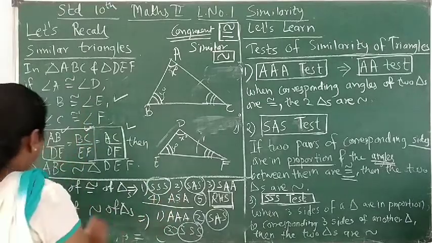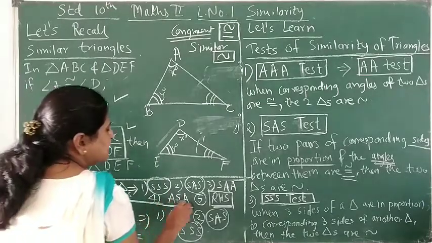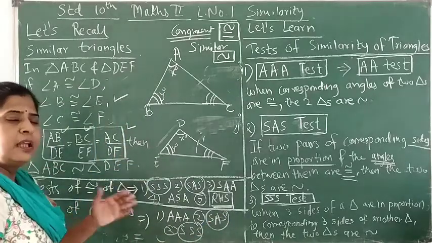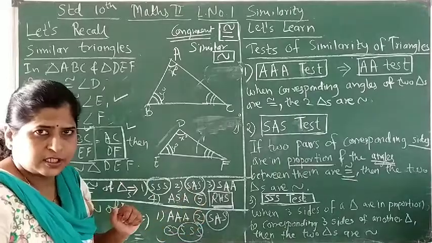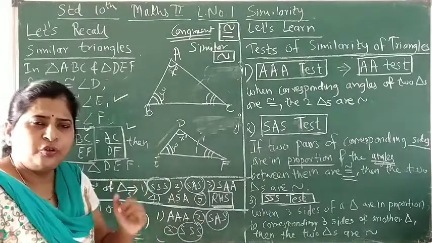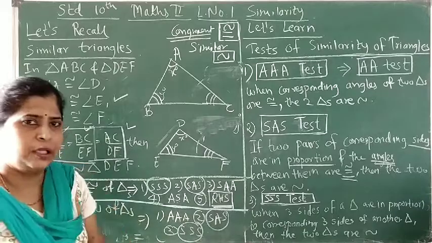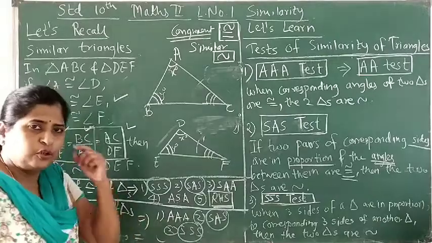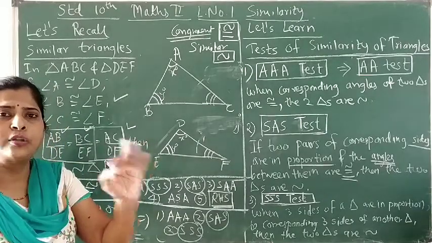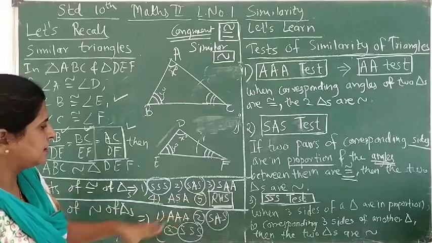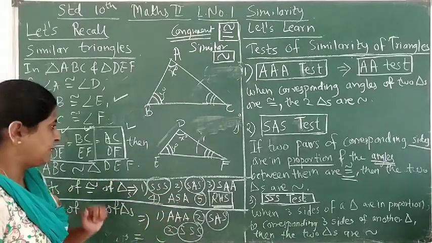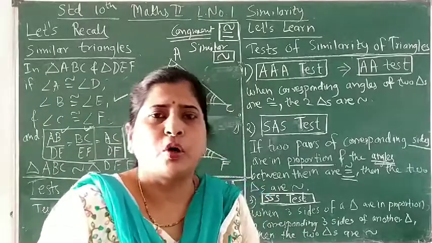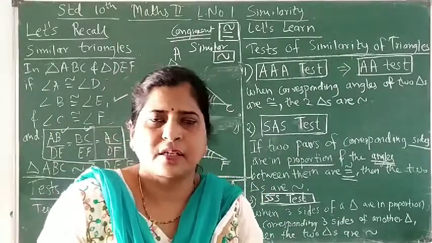So if you know properly which are the tests of similarity of triangles and which are the tests of congruence of triangles, then it is easy for you to answer such questions. You will not get any confusion and you can score your 1 mark properly. There also you will not take much time to solve it. You only need to have that knowledge-based understanding. So these are the tests used for congruence and similarity. Now, how can we solve sums using these tests of similarity, we will see in the next video.